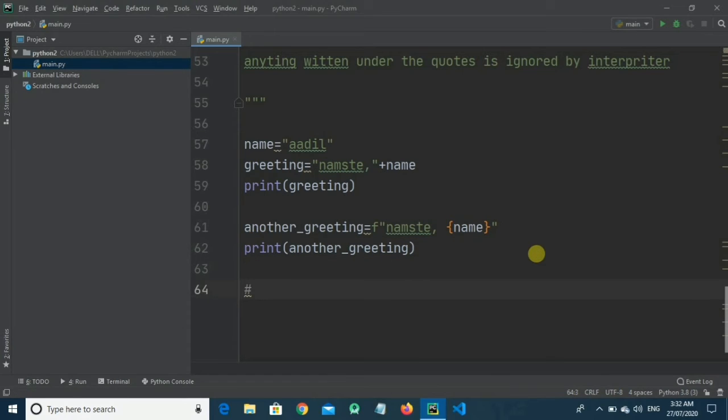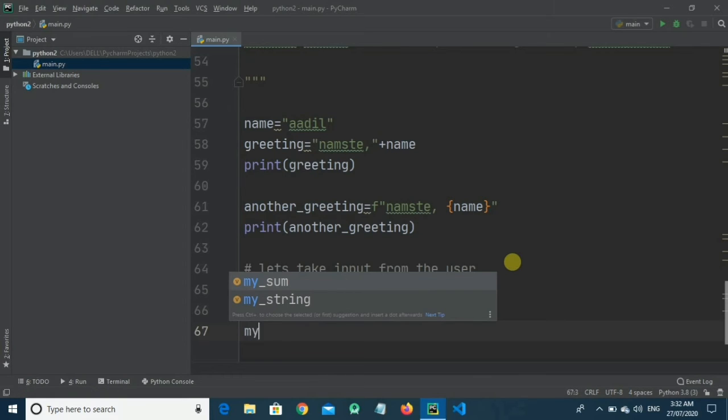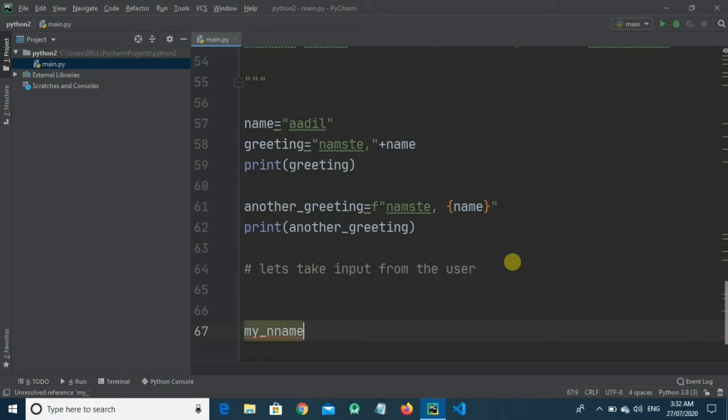Now let's write a program where we will ask the user for their name and then simply print it. In Python we use the input function to take input from the user. So let's write variable my_name is equal to Adil Varshani. I am using my name as I am obsessed with it. You can use yours.